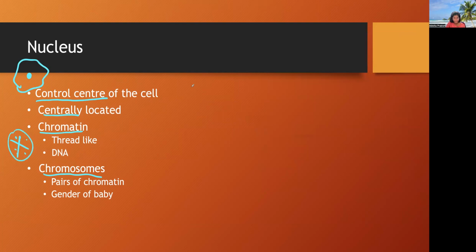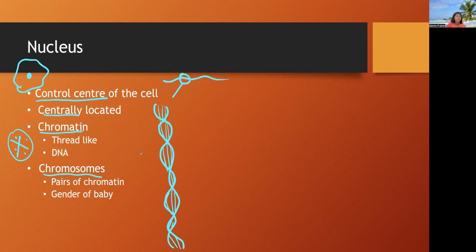So chromatin is thread-like, and this thread-like substance has the genetic information in the form of a very familiar structure. That is in the form of